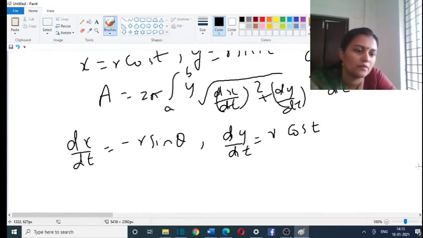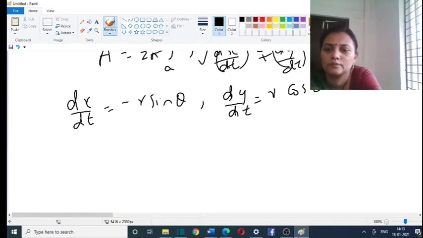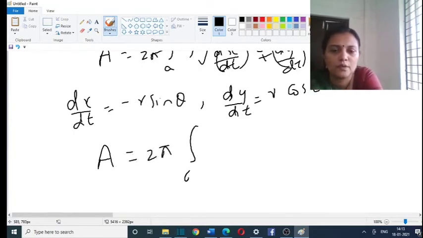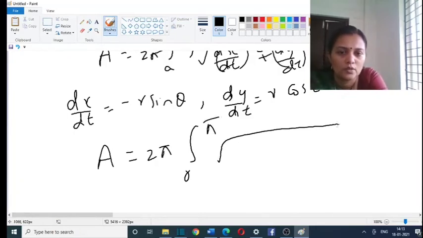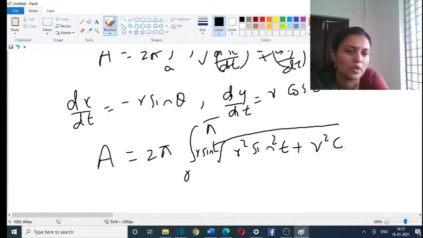So therefore the area A is equal to 2 pi and the limit from 0 to pi, y is r sin t into square root of r square sin square t plus r square cos square t dt,